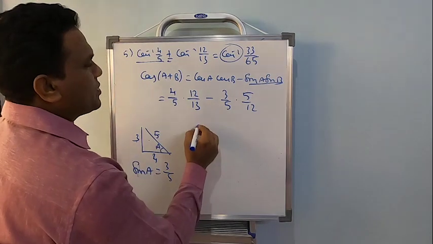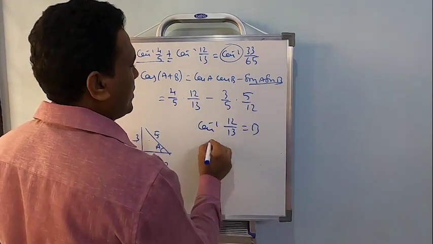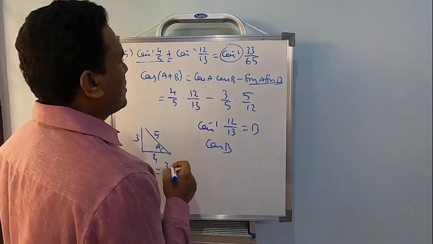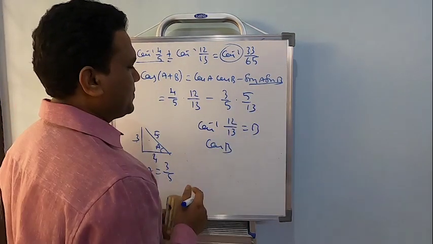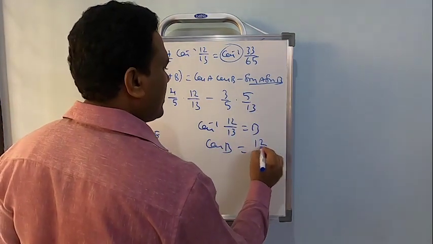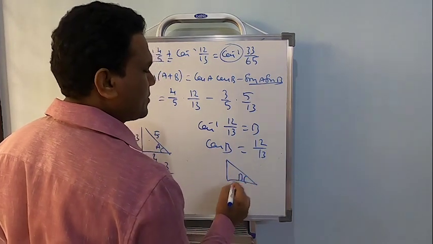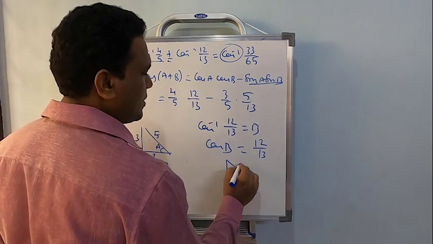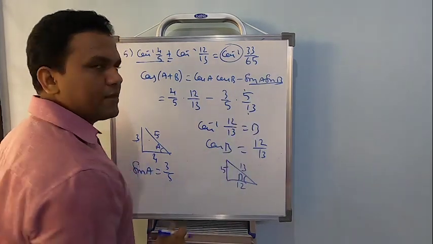Okay, 1 second. Let me just check this. Cos inverse 12 by 13 is equal to B. I just erased it, so I'm finding it difficult now. So my required value is going to be 48 minus 15. Sorry, this will be 13. Cos B will be 12 by 13. So on completing the triangle, this is B, so this will be cos B, right? This was 12 and this was 13, correct? And this is going to be 5. Yeah, 5 by 13. That's fine.